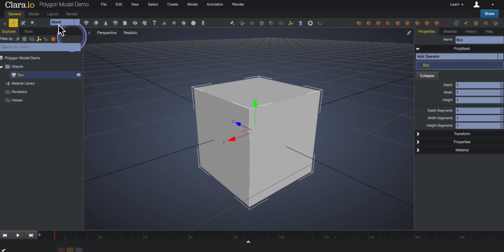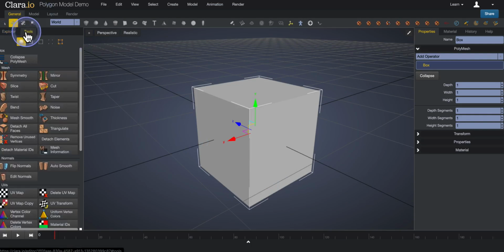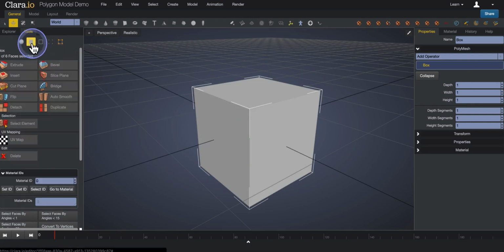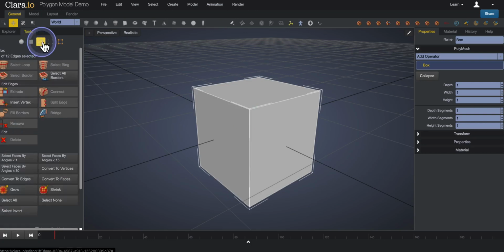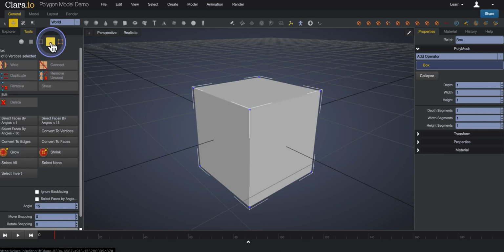Okay, so over here on the left-hand side, you're going to see these two tabs, Explore and Tools. When you click on Tools, you now get a lot more. So right underneath the Tools tab, we're going to look at these icons right here. We're going to look at just the first four. So the very first one says Object, and these are tools that will affect the entire object. Today, we're going to really focus on these next three, these middle three, and they are faces, edges, and vertices,